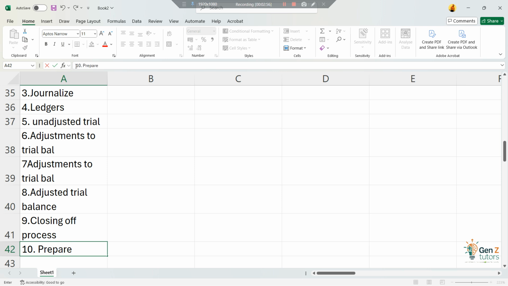Adjustments to trial balance, and then you prepare your adjusted trial balance. Then from preparing your adjusted trial balance, it's your closing off process. And then after your closing off process, which is number 9, that's when you prepare